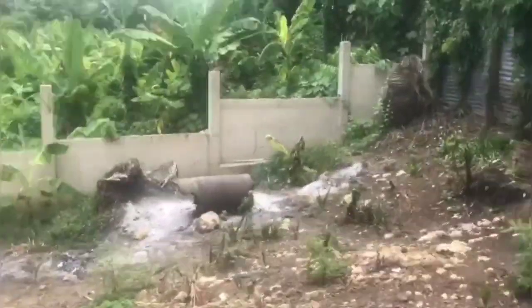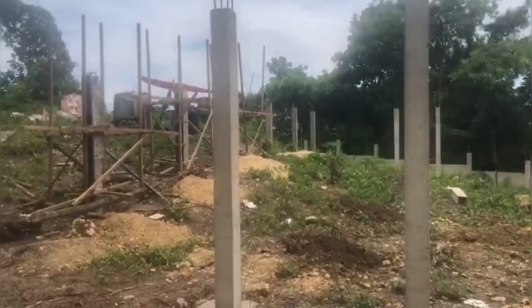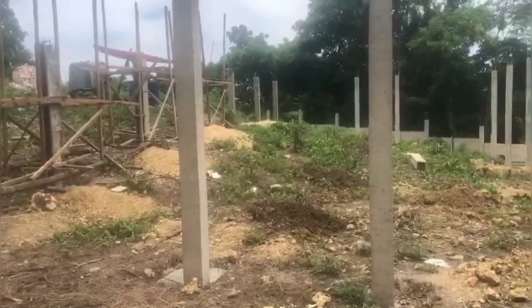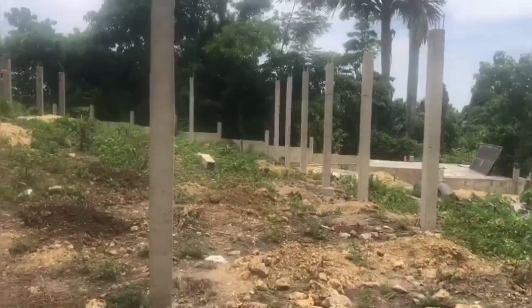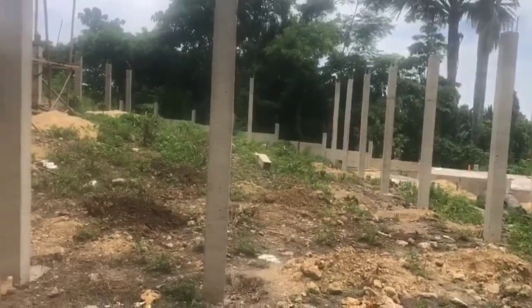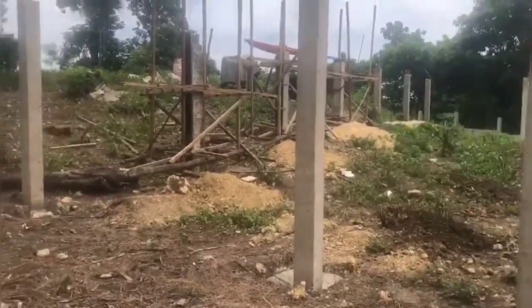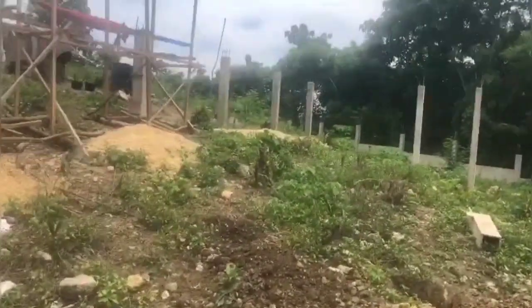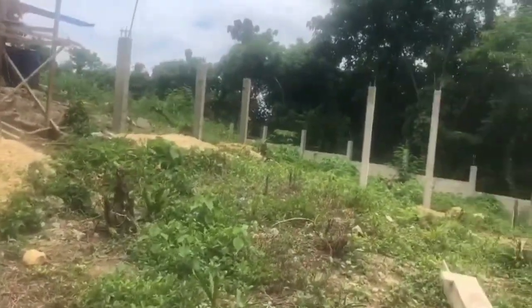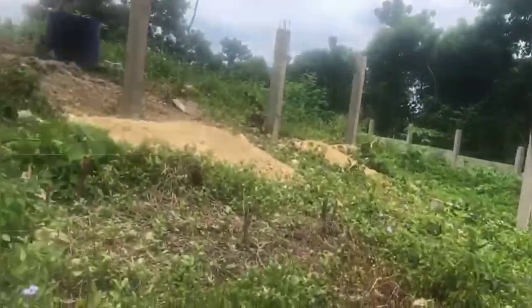Now, I'll go back here a bit. When you look at the posts on the left, the height of them, they're about 6 foot. And then the posts on the right, they're 10, 12, 14 feet high. But the third post in on here, when it was shuttered up yesterday afternoon, it had a small extension on top with a flat piece of plywood as a small extension, which I cleaned off,